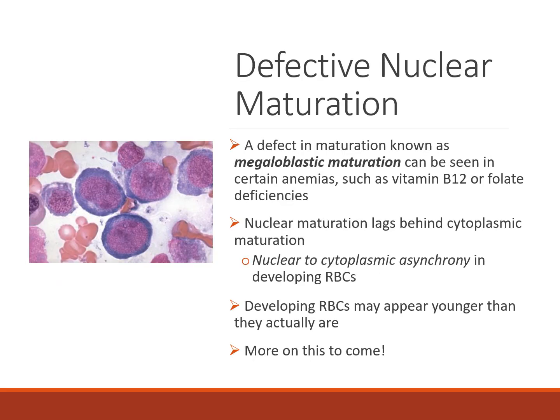One of the things that we can see, if you recall, when we talked about macrocytic megaloblastic anemia, is a defect in maturation due to B12 or folate deficiency, and that can be seen in those macrocytic anemias, primarily because B12 and folate play such an important role in DNA synthesis. And when we think about the importance of DNA production and synthesis during cellular maturation and division, if we have all of the building blocks to prepare a cell for division,